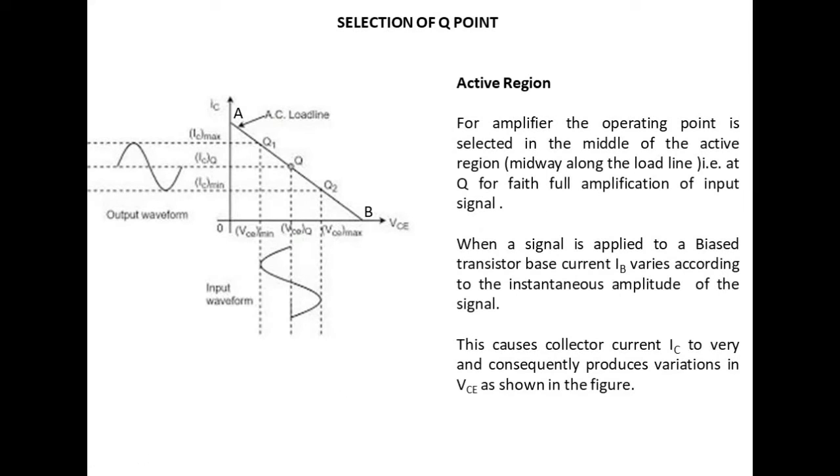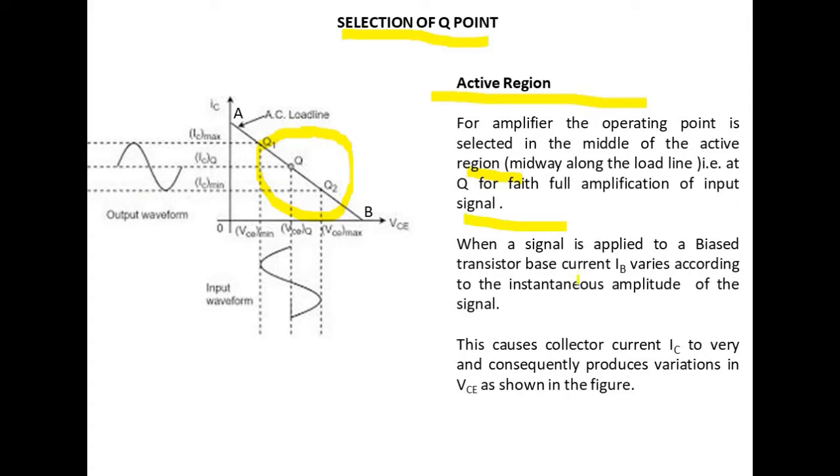Now come to selection of quiescent point or operating point. Selection of Q point, active region. For amplifier, the operating point is selected in the middle of the active region, that is midway along the DC load line. This AB is the DC load line, so it should be selected somewhere midway for faithful amplification of